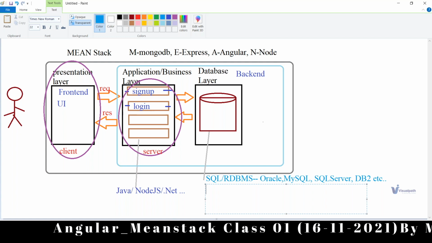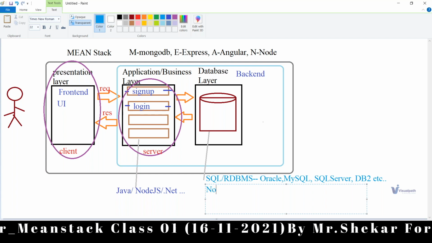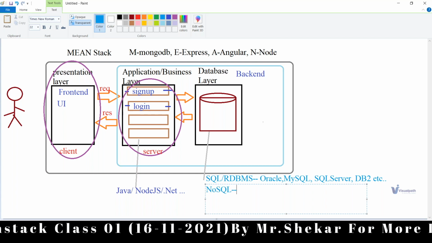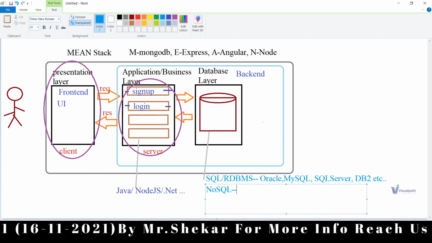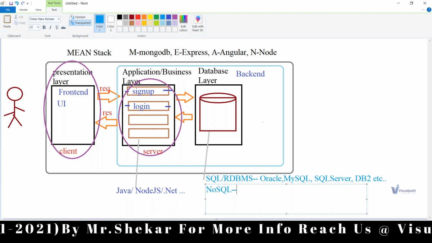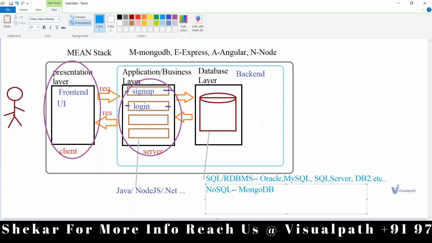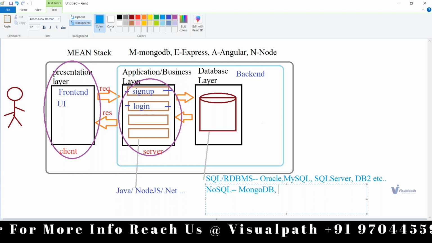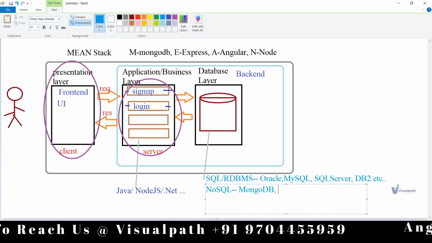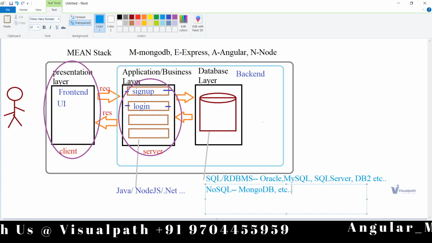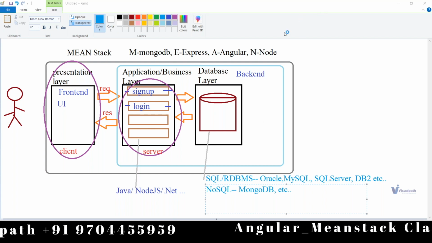But there is one more style or architecture in which databases can store the data. That style is called NoSQL style, guys. NoSQL means no structured data here, that is, no strict tables and all. Instead of that, other formats are used to store the data, and among them you have things like MongoDB, and in some clouds, AWS DynamoDB. MongoDB is one of the famous ones. I usually prefer NoSQL style.